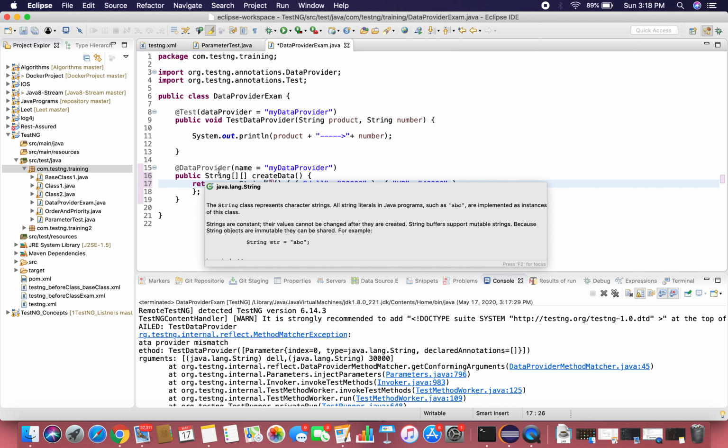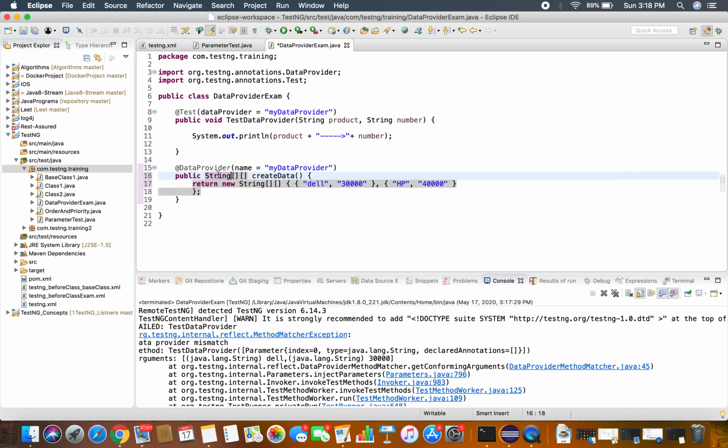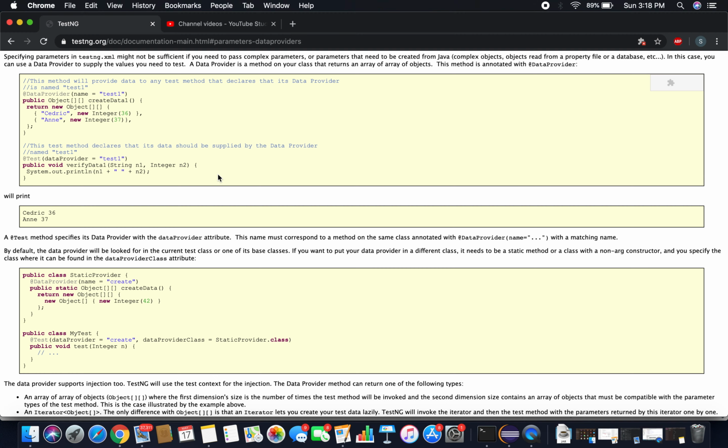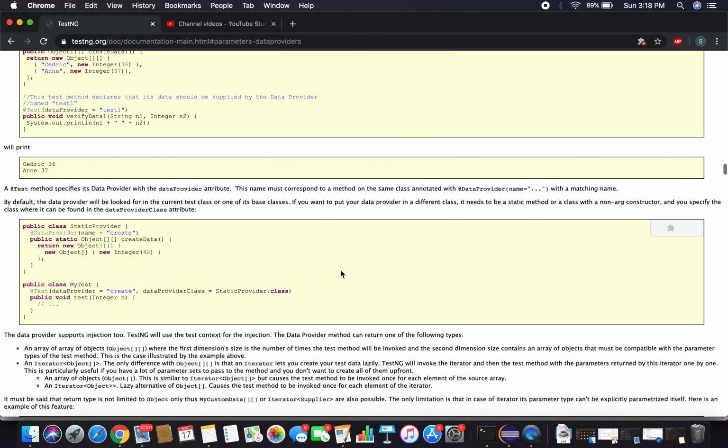So if you know what type of data you are passing, you can use that data type. Otherwise you had better use an object. Sometimes in an interview you might face this question: do we have any limitation to maintain the data provider as always an object? No, you can use a string.